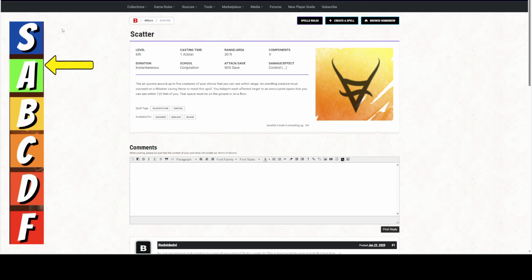The air quivers around up to 5 creatures of your choice that you can see within range. An unwilling creature, which means you can use this on willing creatures and they don't have to make a saving throw. An unwilling creature must succeed on a wisdom saving throw to resist this spell. That's an awesome save. I'll take wisdom all day long. Especially if you're like an 11th level sorcerer, 11th level wizard, you should be on a DC of roughly 18 or 19 by this point. So most creatures can't make that saving throw. If they fail, you